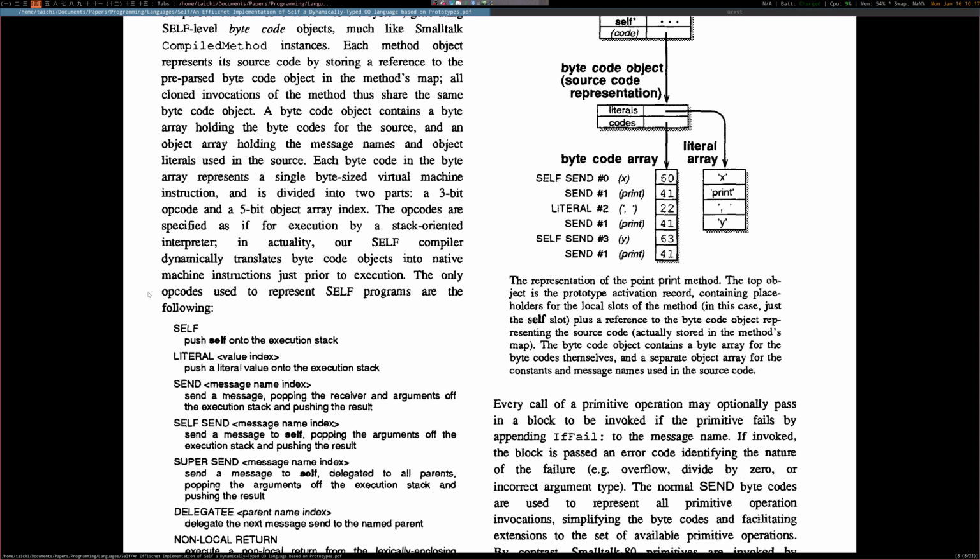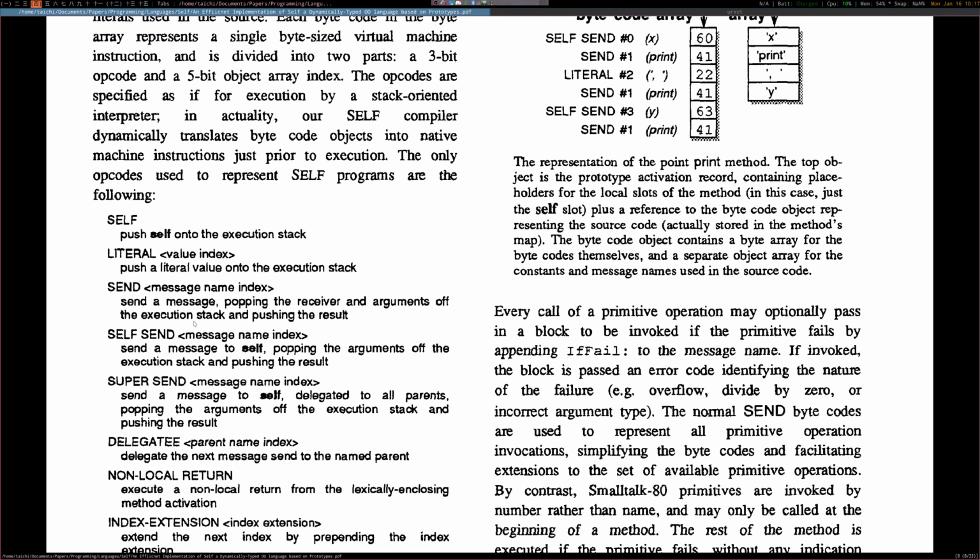It's a very, very simple bytecode, yet it expresses so much. I believe it's on par expressiveness with Smalltalk, which is a very expressive language without much sugar. And Smalltalk has a lot more primitives. For example, all the primitives there are self, pushing yourself onto the stack, a literal, so you're pushing some literal onto the stack, a send, a message, so you're sending some message, a self send, where you're sending a message to yourself, a super send, where you're sending a message to your parent, delegate, which you're delegating a message to